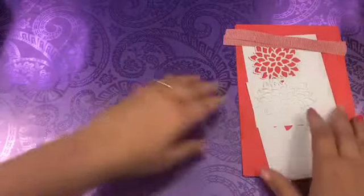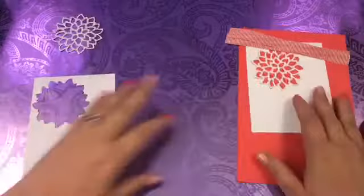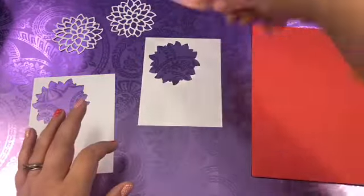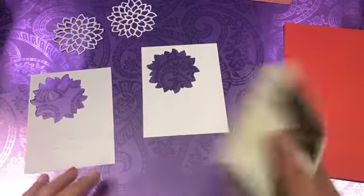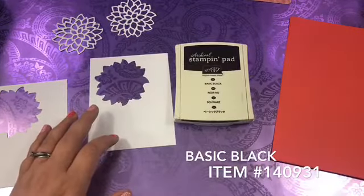So you are going to need your tape. You're also going to need, okay, so these are the pieces for this card, some ribbon and those. Okay, so the first thing we're actually going to do is stamp a sentiment on this card. So we're going to take our basic black,